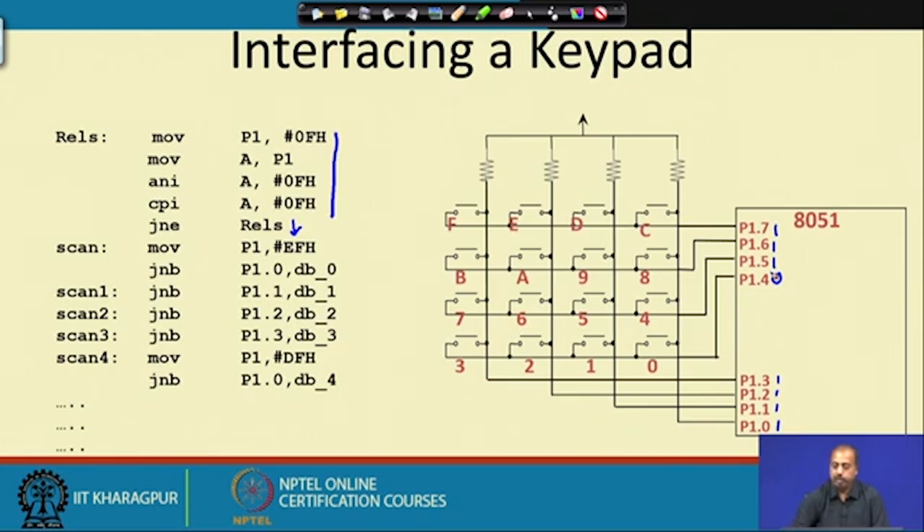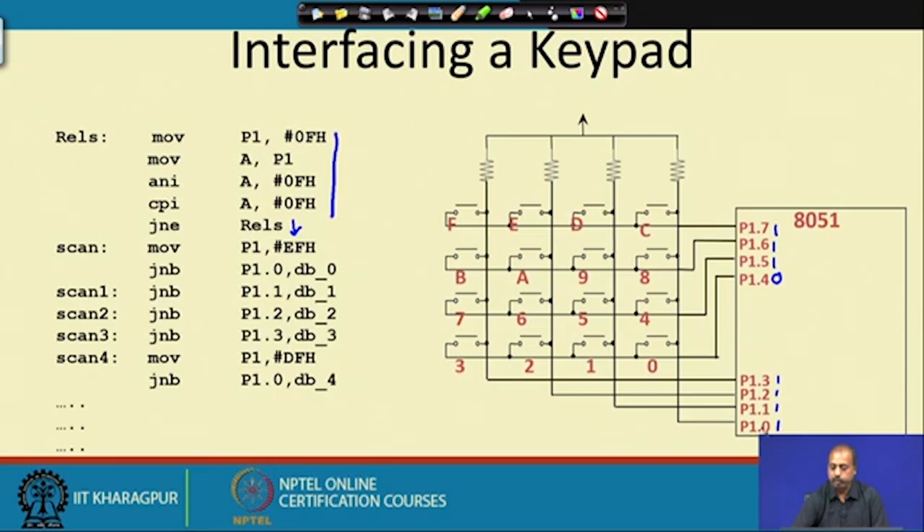So, if any key is pressed on this row, the corresponding bit here will become 0. After outputting this, we are checking the bit